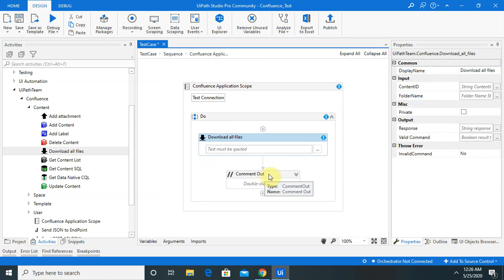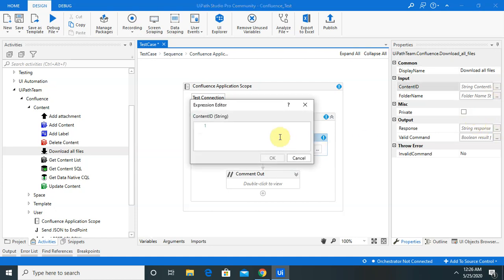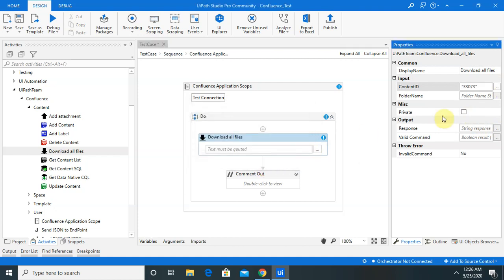In the next session I will show you how we can create the content ID and upload the attachment. So basically we need to copy that content ID here and provide the folder name where we want to save the attachment. I have already created one folder.